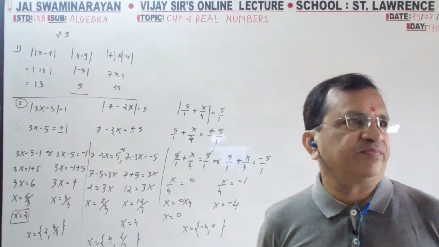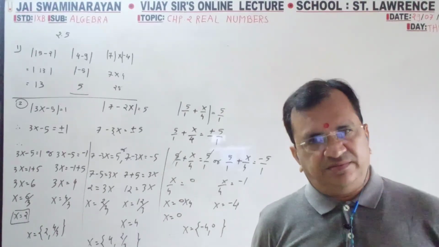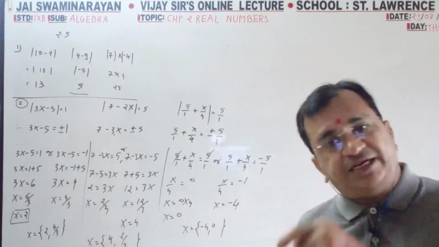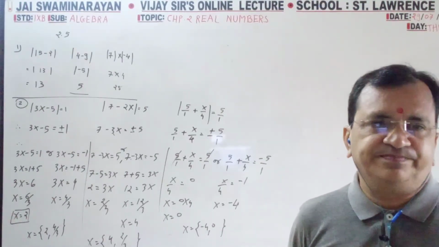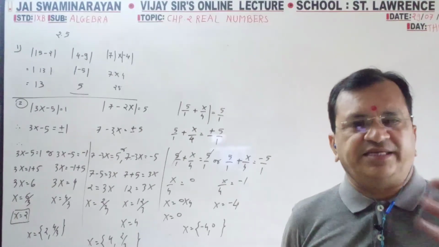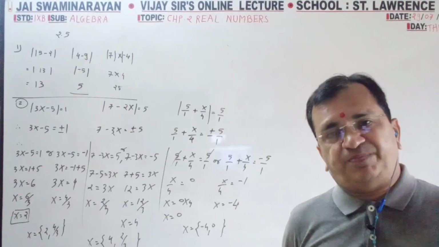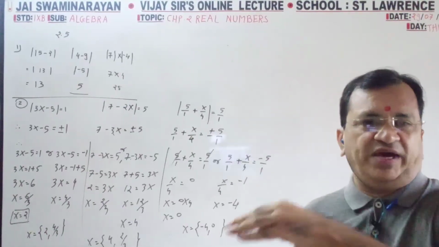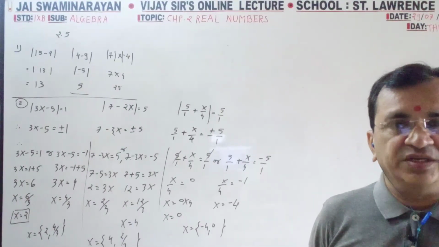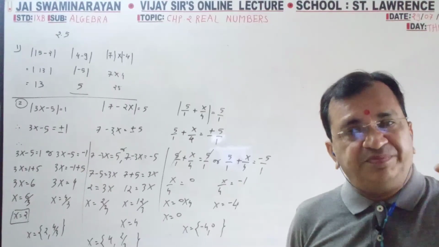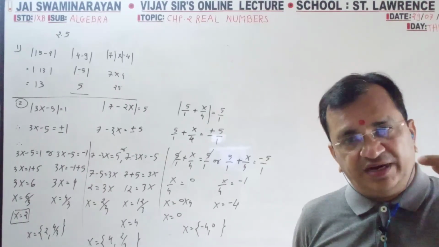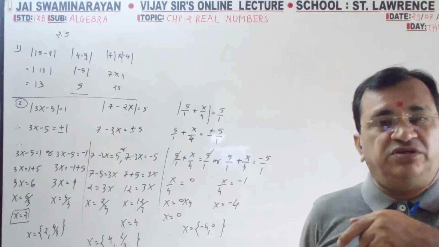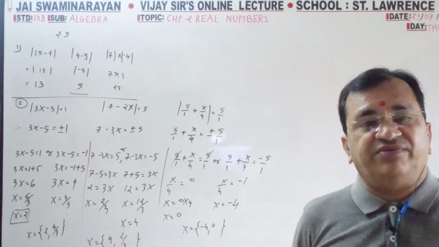Suppose you are getting AB is equal to 5 centimeter, and here it is given 5 centimeter and minus 5 centimeter also. Length cannot be negative. Suppose x is equal to 5, and the options given are x is equal to 5 and x is equal to minus 5. Again do carefully, because sometimes if it is 5, we will give the option minus 5 also. Sometimes it is minus 3, we will give 3 options. So at that time you have to be very careful.